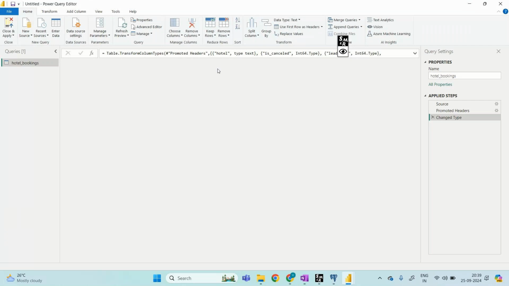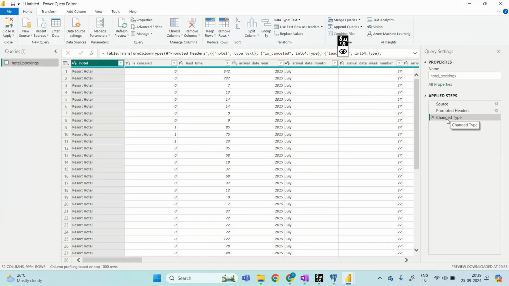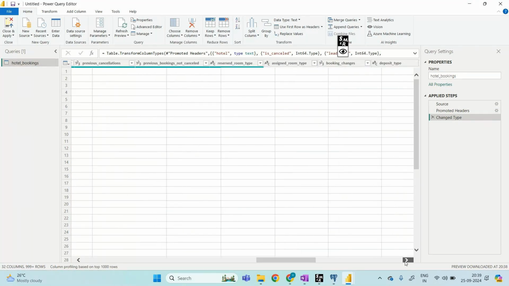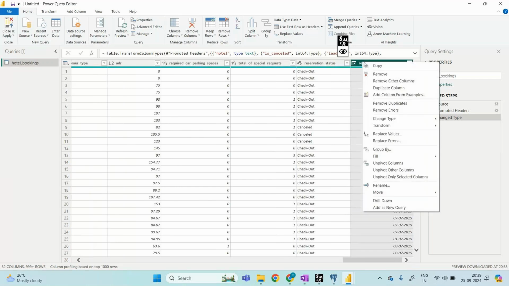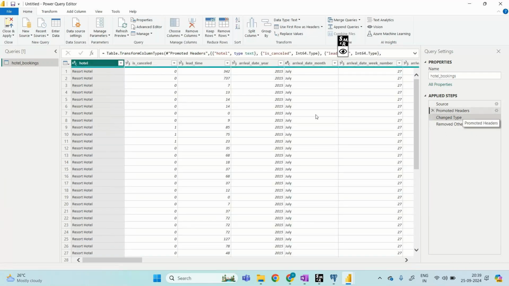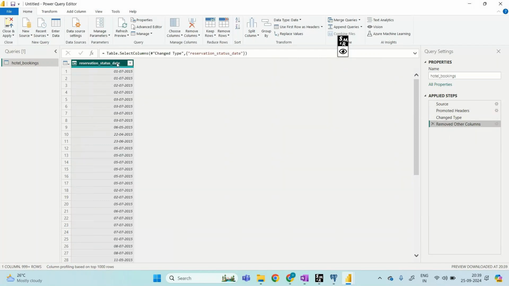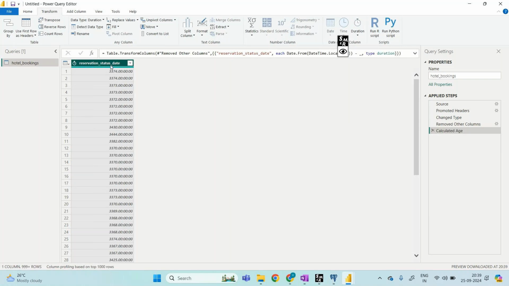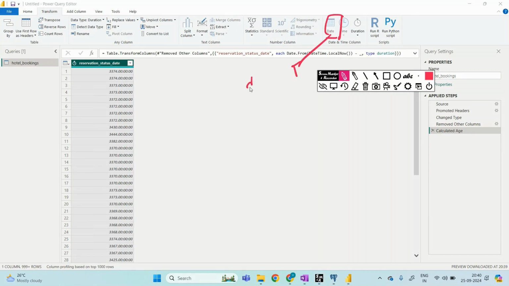I'll show you the importance of data types. See, here the change type is... suppose I selected this column and removed other columns. You won't affect the main data, you can play with this, guys. I want to play with this column, that's why I've taken this. So you can see the date button is enabled. I want age. Now the date button is not enabled, I cannot enable this. It was disabled